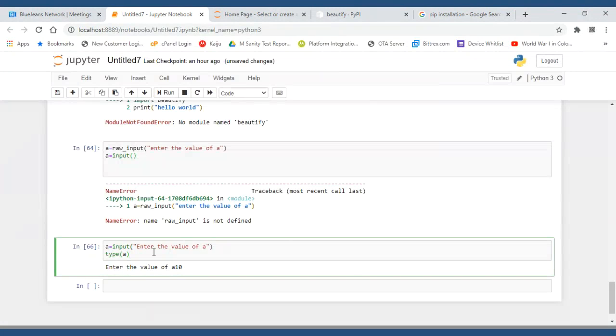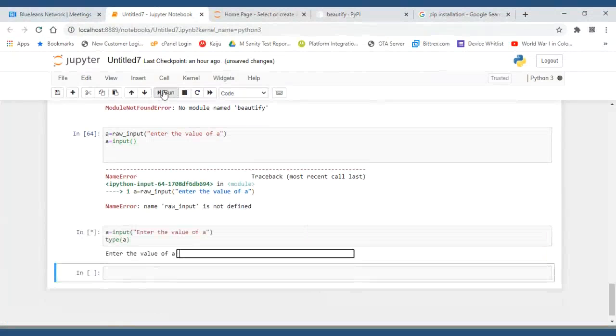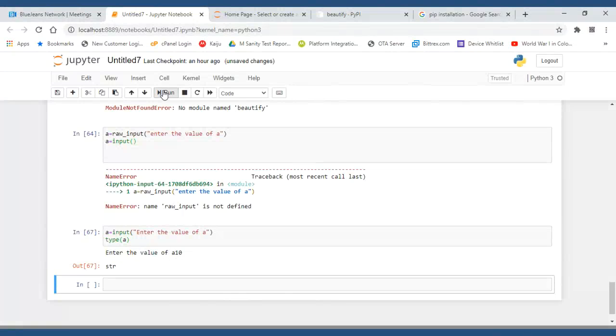So if you see, type of a will give you the type of input you have given. Now let me run that for you guys. It is asking me for a value, 10, and it will return the type of 10. Automatically it showed me string type, but in Python 2.7 it was not the case.